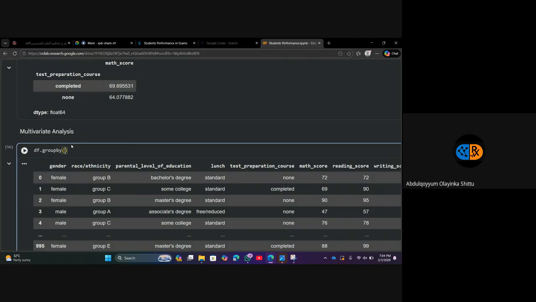What are we grouping by now? We are grouping by parental level of education. Okay, because we want to write a list of columns, I have to put it in a square bracket. Then write my quotation mark. So let's start with parental level of education,